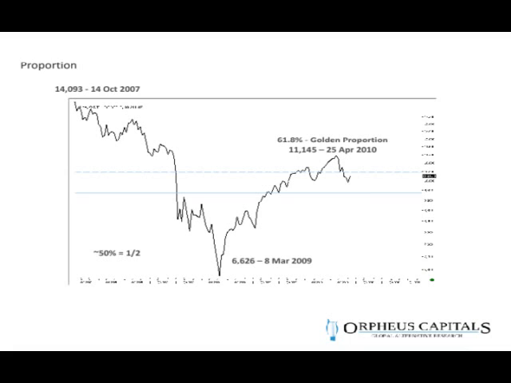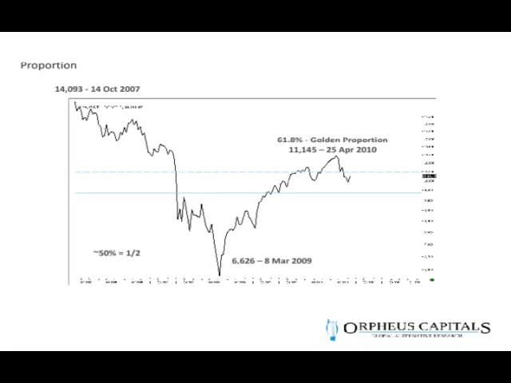This is an old chart of the Dow Jones structure, and Dow Jones was struggling at 11,145. The 61.8 retracement is a very key level because it's a key proportion. If such a proportion is broken, that is where it starts to